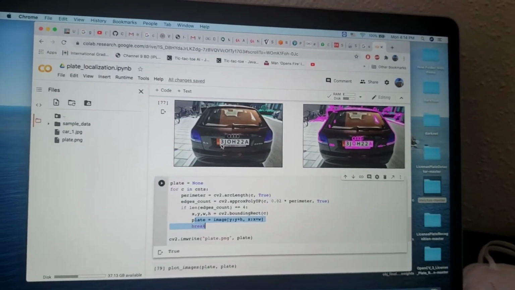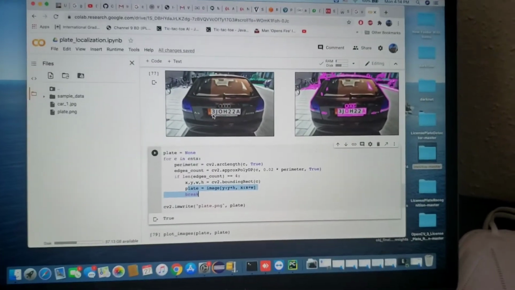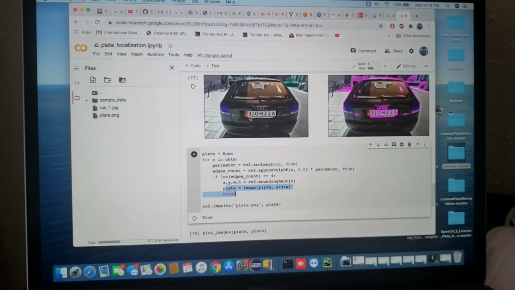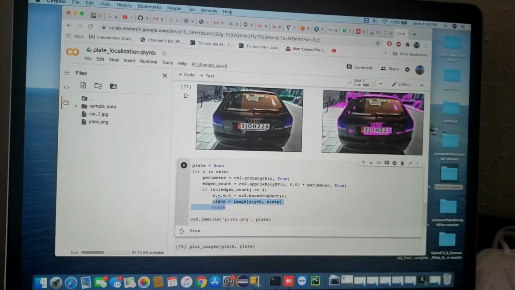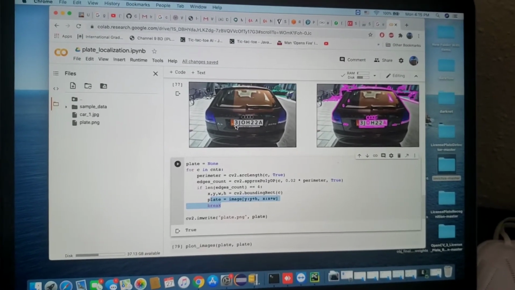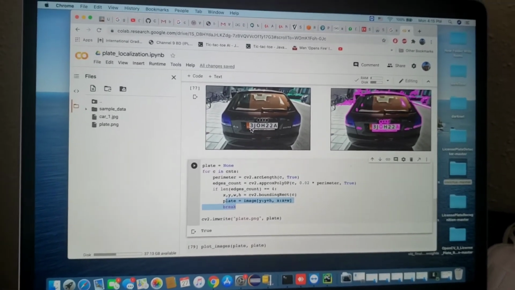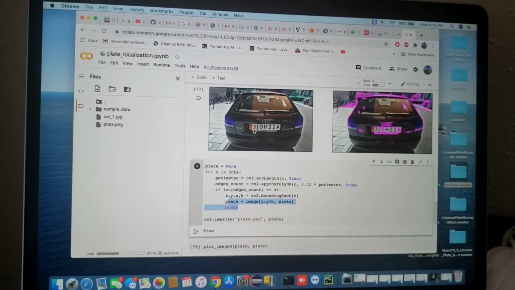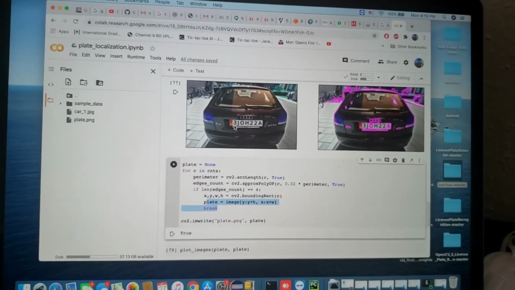So why do we use it? We simply try to get our hands dirty without using any machine learning algorithm. We want to see if we can detect the number plate without a machine learning algorithm or not, and we successfully did that. It can be one of the ways.